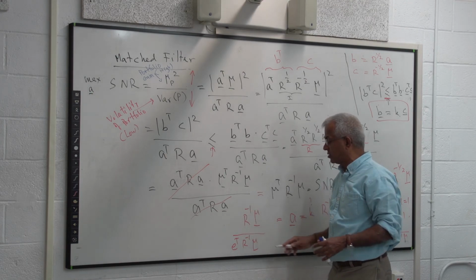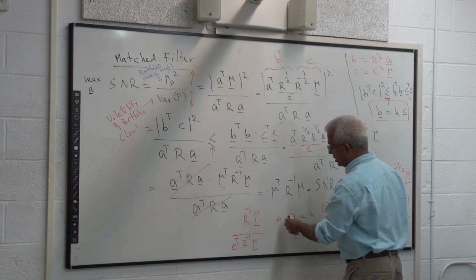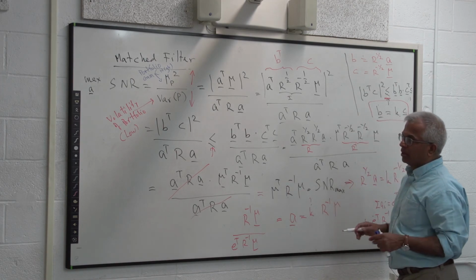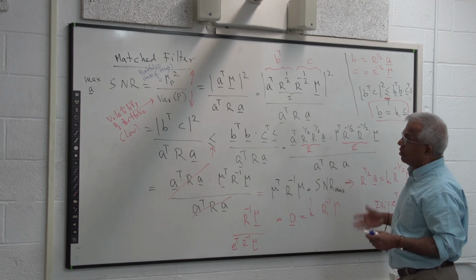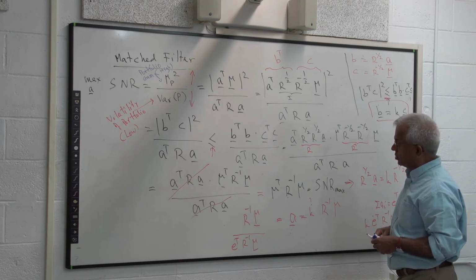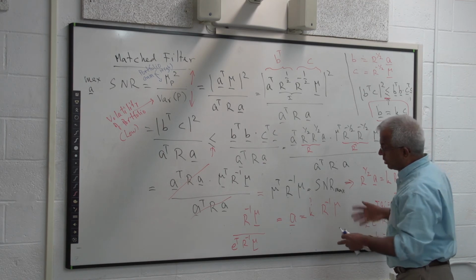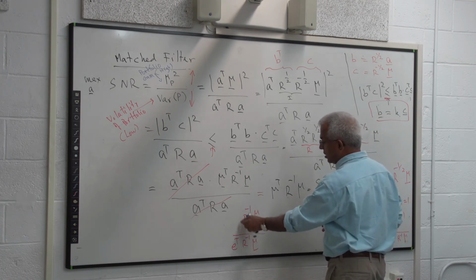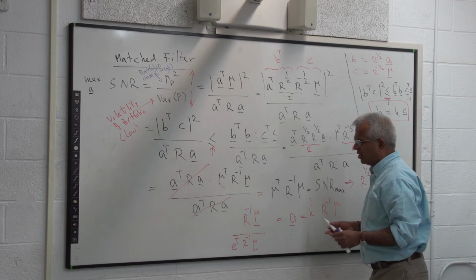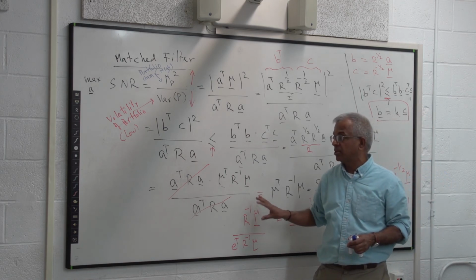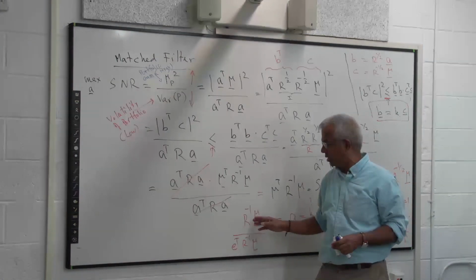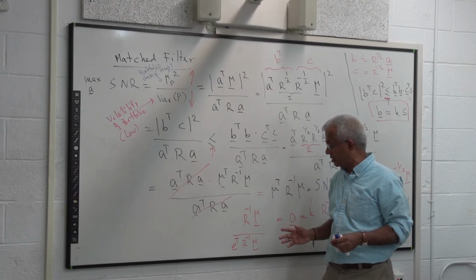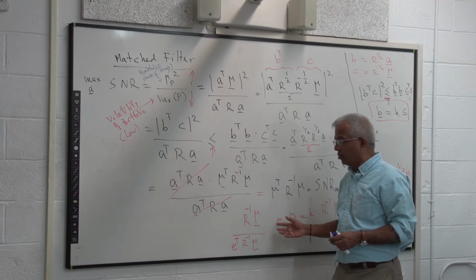If R inverse has got negative entries, it's possible that some of these entries will be negative, and then either you replace those stocks with something else or you go for a suboptimal solution. Two stocks, of course it will work. If you take the two stocks to be opposite correlation or negative correlation, then R inverse will have positive entries. So once again you could say that if you have a set of tight stocks, by which we mean a set of stocks for which R inverse has non-negative entries, then this is going to give you a different